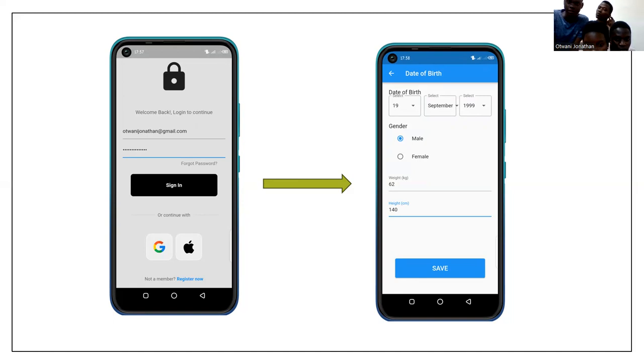Then after signing in, you insert your date of birth, where you are prompted to enter your day, your month, then your year. Then you select your gender, then you input your weight in kilograms, then your height in centimeters, then you save.